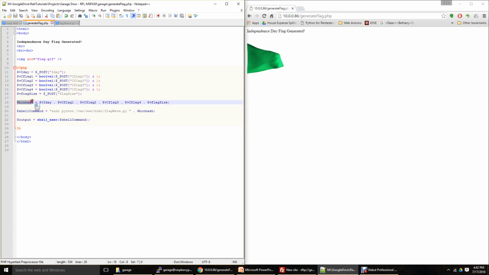Then binhash, these are going to be the values, and the dots right here concatenate them into one long string. So it's going to be the calendar date, Boolean 0 or 1, true, false, and that's what's going to allow me to create a hash based off of a string. And then this shell command, I'm going to run it through shell, and I'm going to say sudo python, here's my Python script,